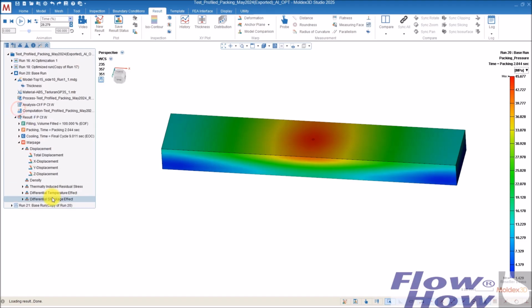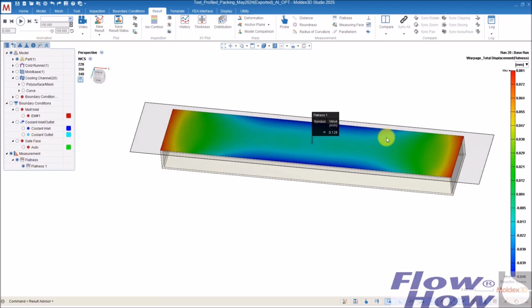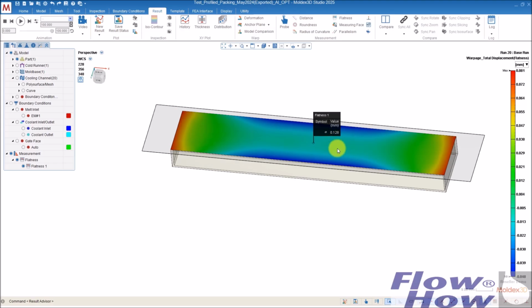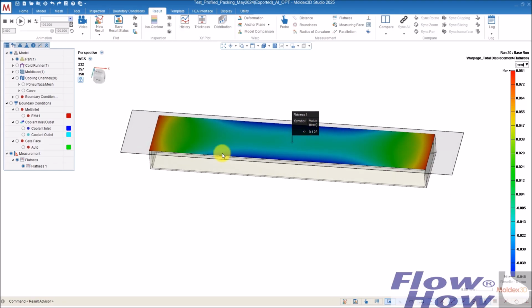But what I want is a flat part. So if I jump back to this one and hit flatness, I have measured the flatness here. I see a flatness of 0.13 millimeters. And I hope I can make that more flat.